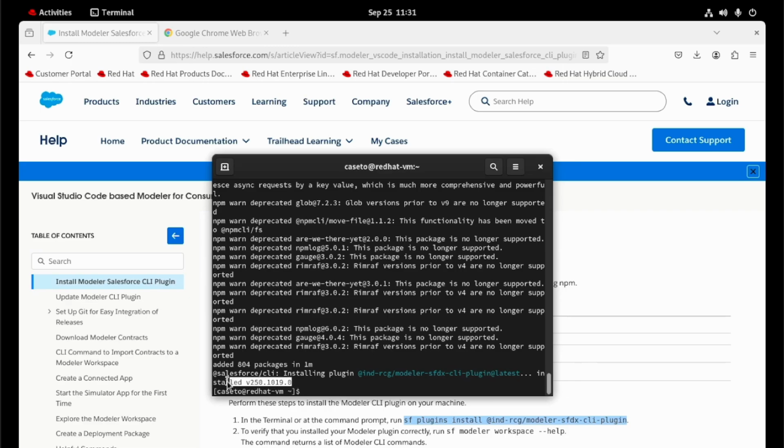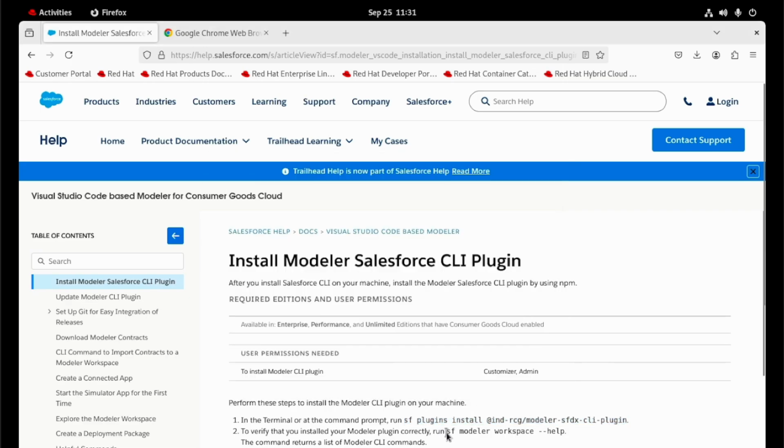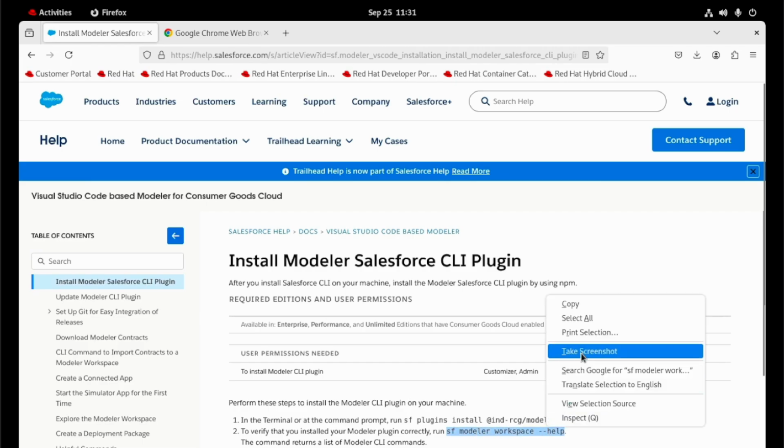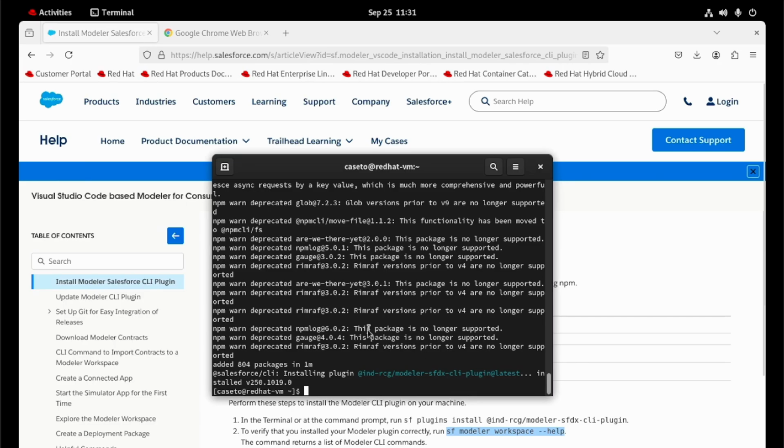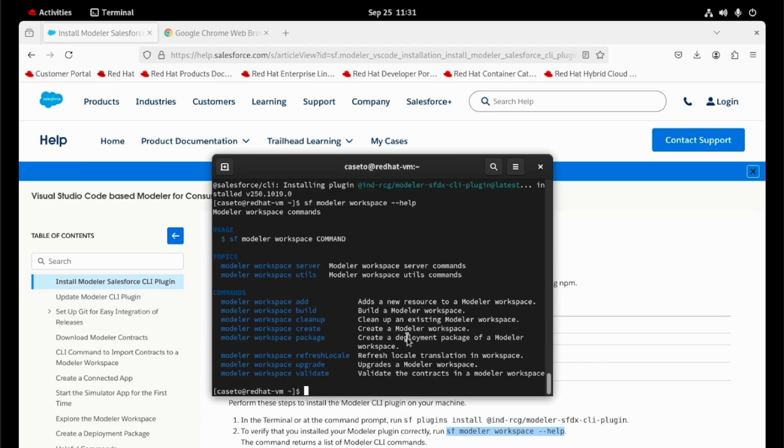Okay, good. Installation was finished. Now we can do this command to verify the installation. Copy again, paste. Okay, great. The modeler was installed properly.